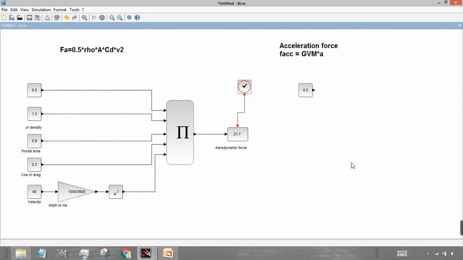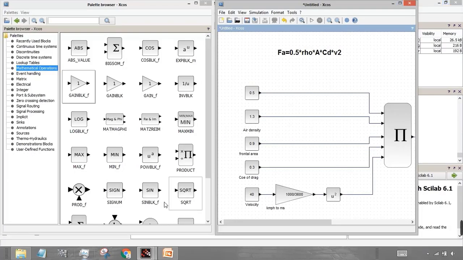So what we will do is, we have written the acceleration, right? So we will just create another block of acceleration. Just select this block and create a copy of it. Press Ctrl key and create an acceleration copy. As we want the product of this block, I'll just go to mathematical operations. I'll just minimize it.